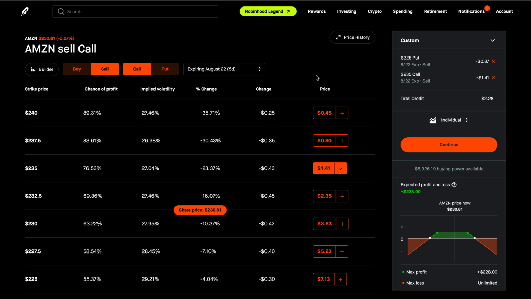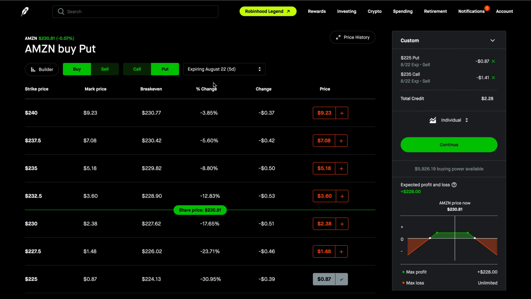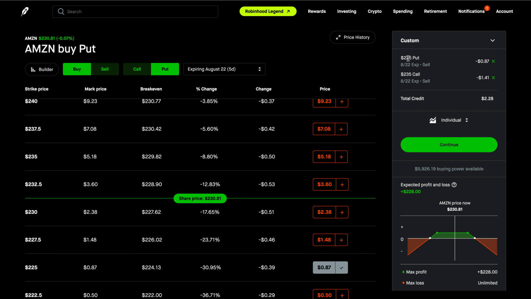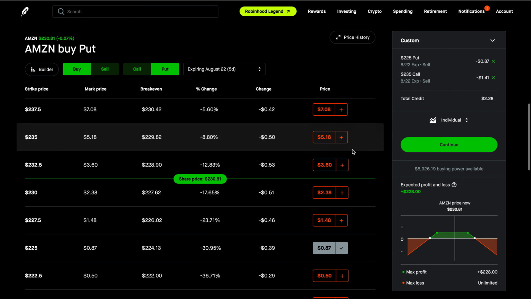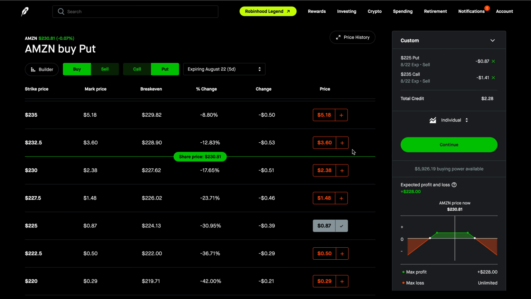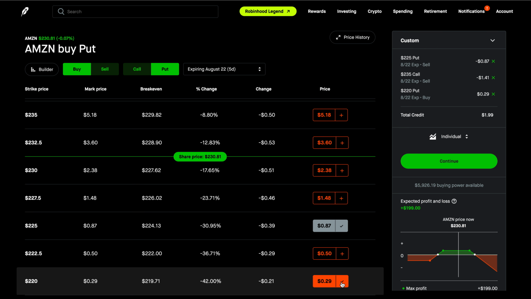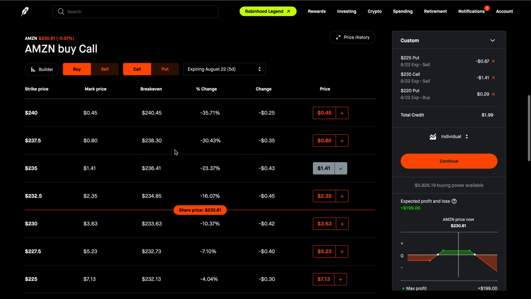Now I'm going to switch over back to puts, and I'm going to switch to buy. And so next what we would do is we would buy a put here with a lower strike than the strike of the put that we're selling. So here's the strike of the put that we're selling, 225. So now I would buy a put with a lower strike than that strike. So let's just say I buy the put at 220 here. And then finally, we'd switch over to call. And we would also want to buy a call here